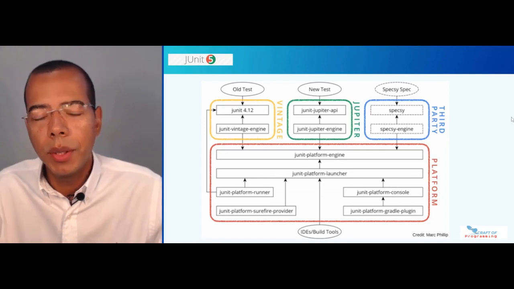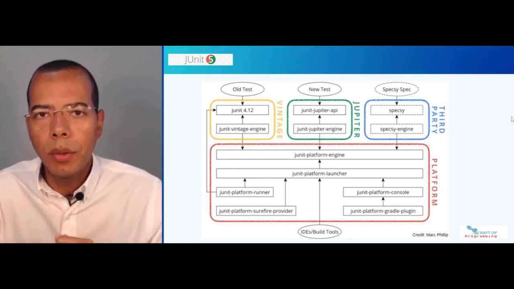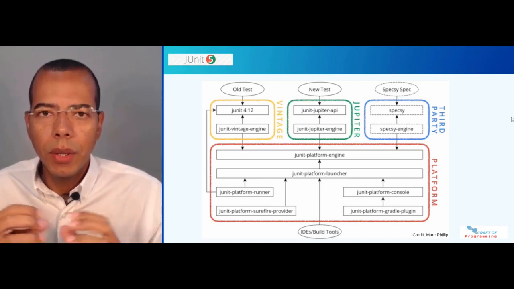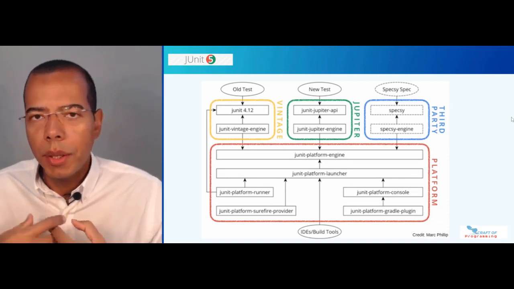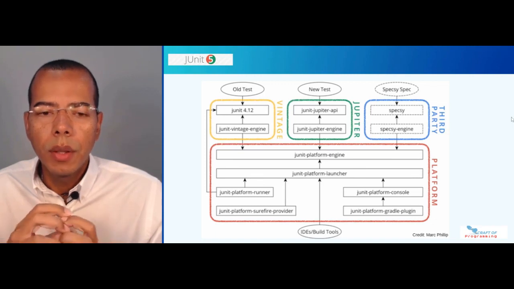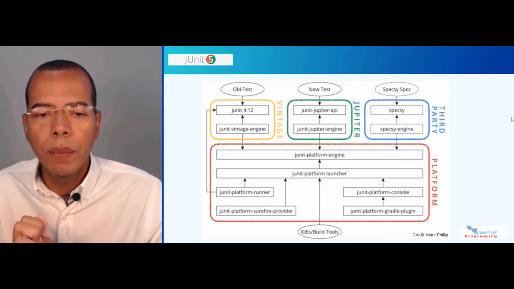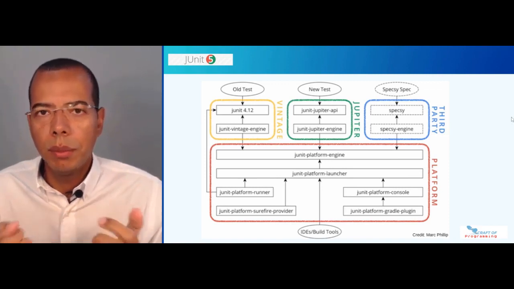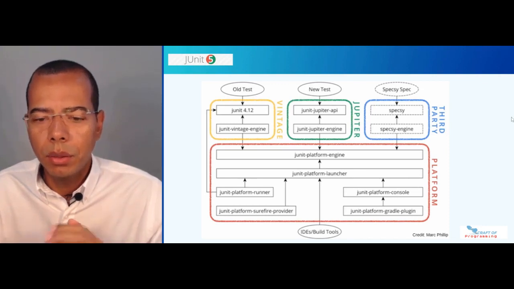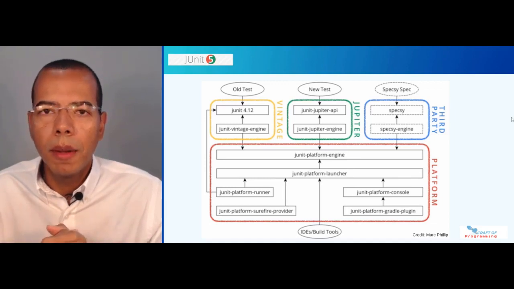But the main thing that you should be concerned with here is that there is now a clean, neat separation of concerns, a clean, neat architecture where people that are writing tests just depend on the Jupiter API jar. People that have old JUnit 4 tests just depend on the vintage engine via the JUnit 4.12 jar. Platform implementers like IDEs and build tools depend on the platform,